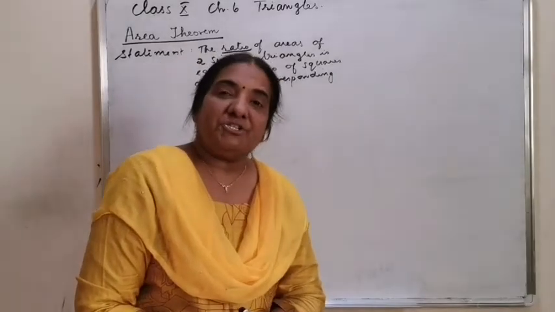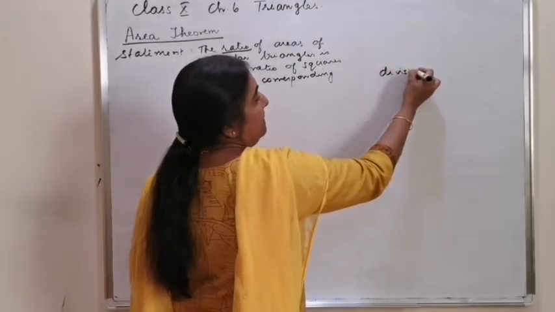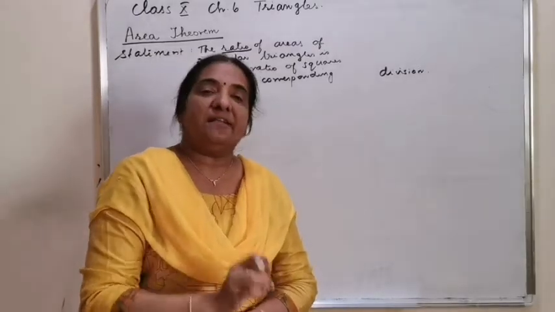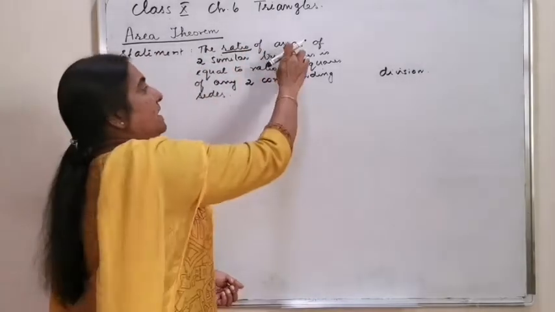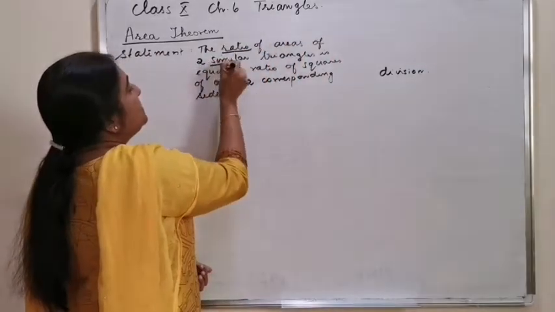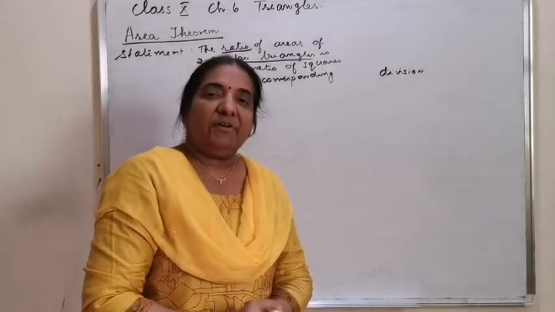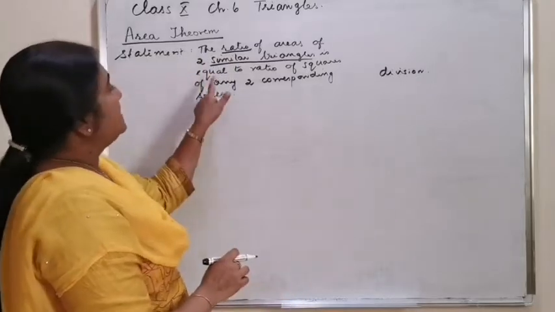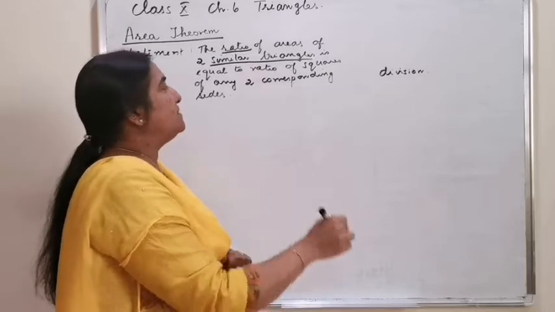The word ratio means division. So, division of areas of two similar triangles, given that the two triangles are similar, is equal to the ratio of squares of any